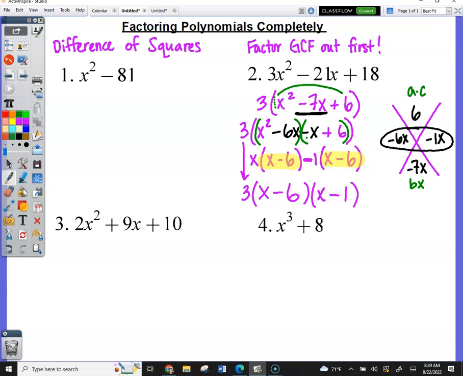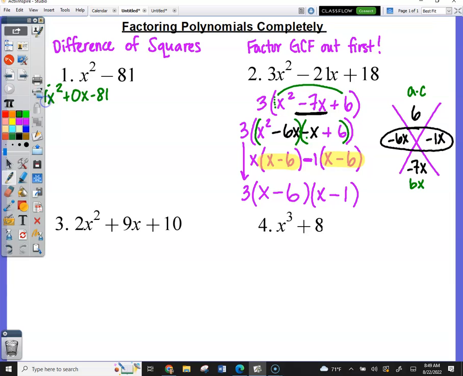So the difference of squares, I'm going to show you the long way and the shortcut. Here's where I need you to learn the shortcut. It will make your life so much easier, okay? Just know when to use it. The long way would be to recognize that that middle term is missing. And then to think to yourself, okay,